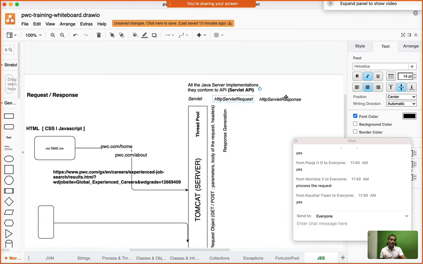And then response. What do you think the response would do? It will write the response back to the client. On that socket connection, it is supposed to write the response back. And then this entire application that you have developed using servlet request, HTTP servlet response,